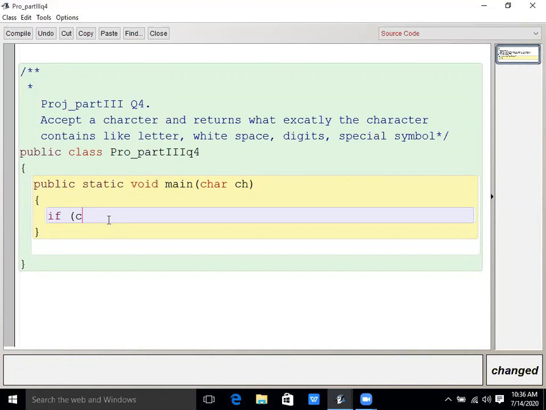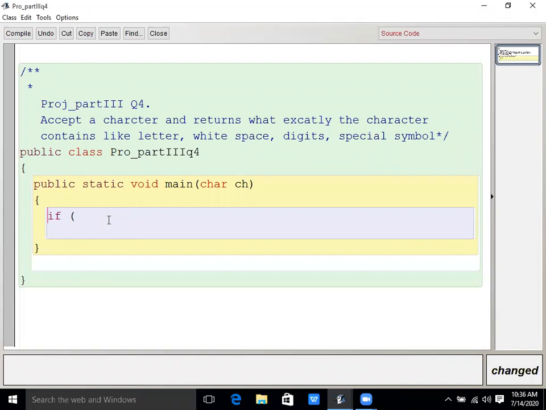Okay, so here I'm writing if Character dot, first is what, letter means isLetter. isLetter is the method that is going to return true or false if the given character is any alphabet.